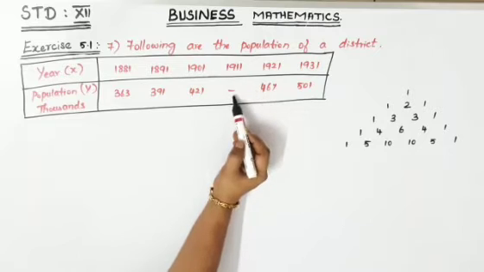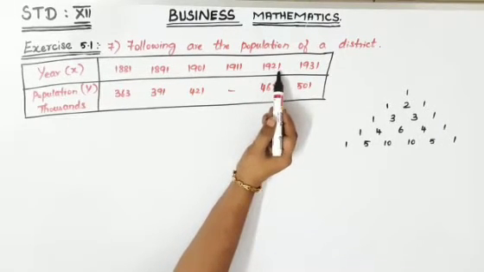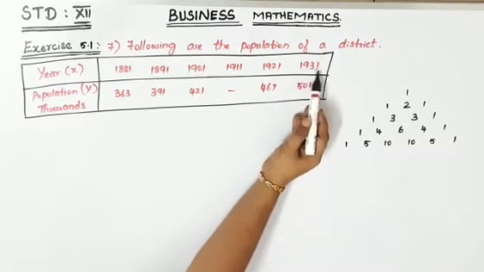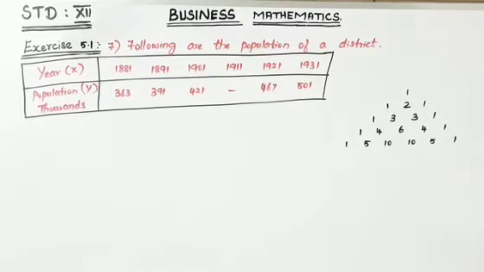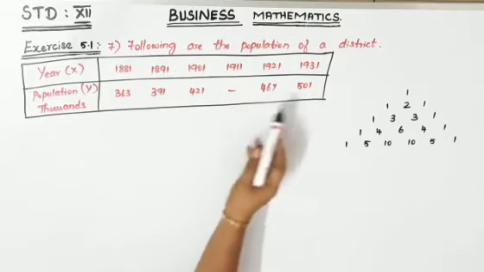1911 it is, you'll have to find it, it is missing over there. So 1921, in the year of 1921 it is 467. In the year of 1931 it is 501. So the missing term is 1911. In the year of 1911 you will have to find the population. That too the answer should be given in thousands. Just check how many terms are given, children. 1, 2, 3, 4, 5 is there.